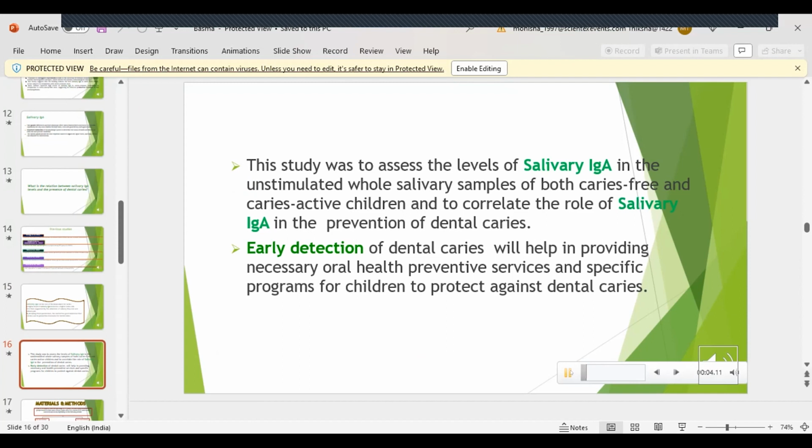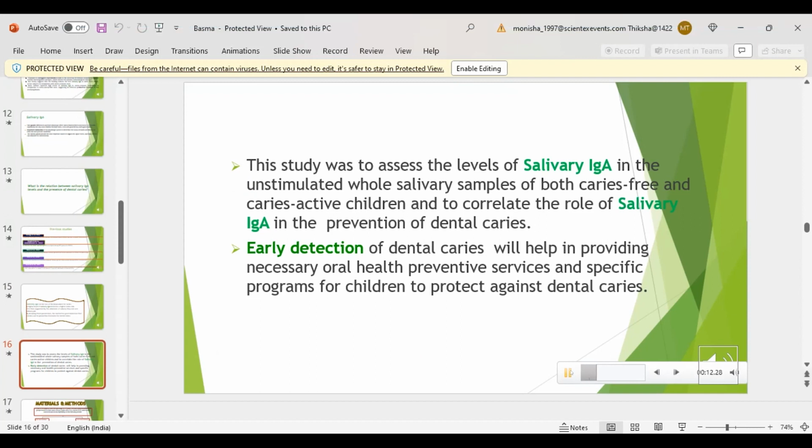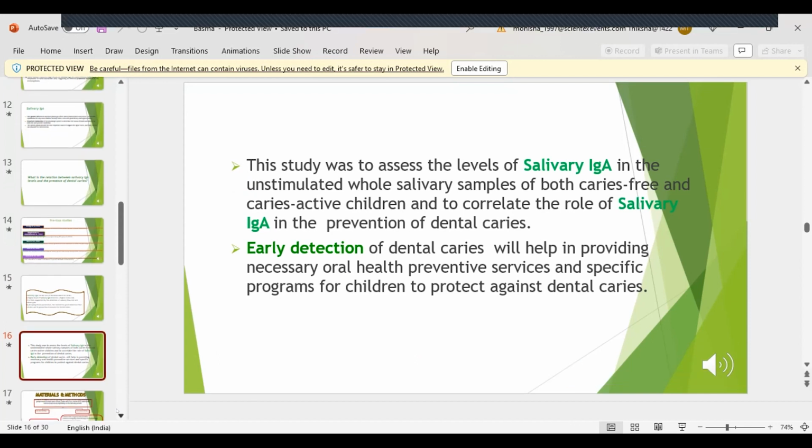This study was to assess the level of salivary IgA in unstimulated whole salivary samples of both caries-free and caries-active children and to correlate the role of salivary IgA in the prevention of dental caries. Early detection of dental caries will help in providing necessary oral health